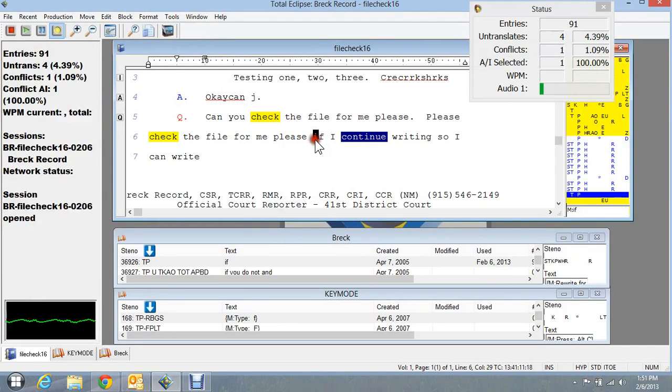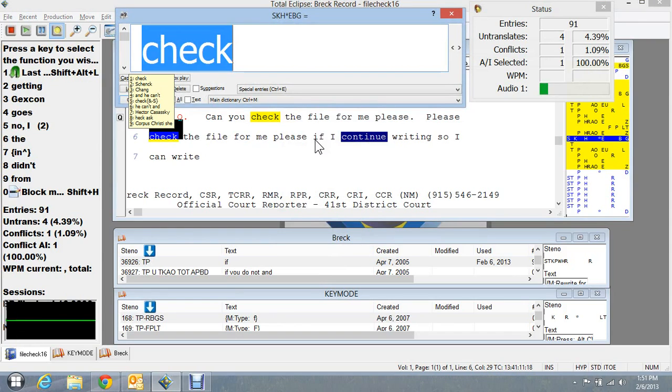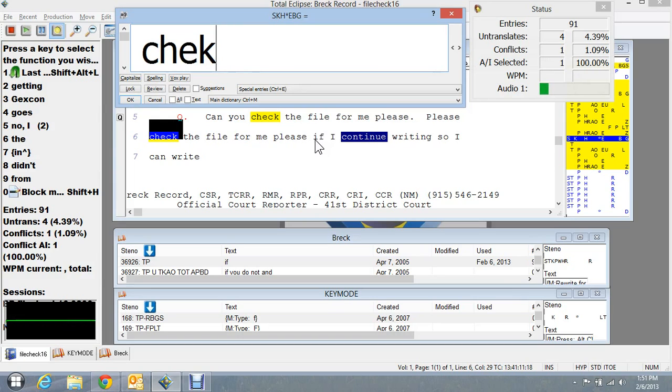So I'm going to do the other one now. I'm going to put my cursor over here, and I'm going to do SGLR. Does the same thing, takes me back. Now if I want to start finger spelling, I can start putting in finger spelling, and I can chunk it in. I could do K-H-E-K, but see what that does is it does it literally off of the steno machine. I can back it up and do K-R-K. Doesn't work. I can do C, the letter K on the left side, and the K on the right, and